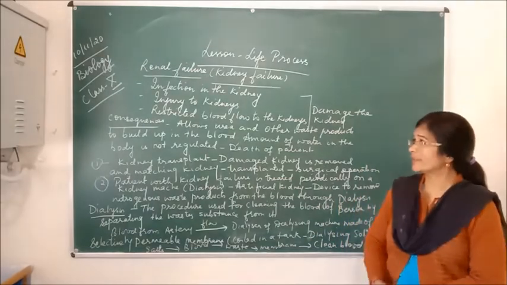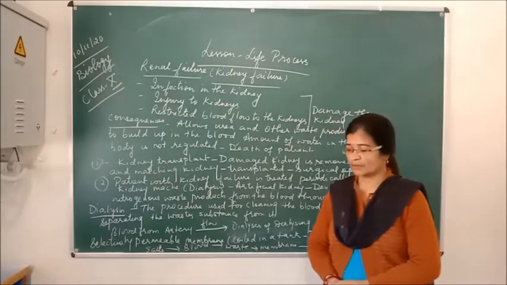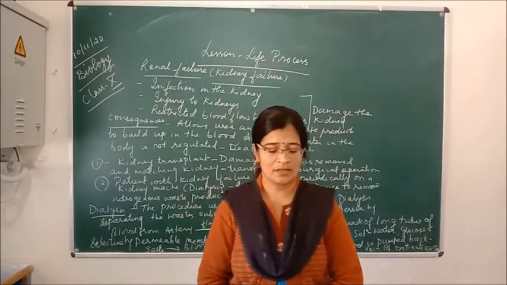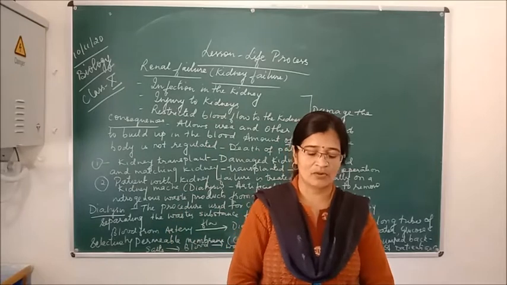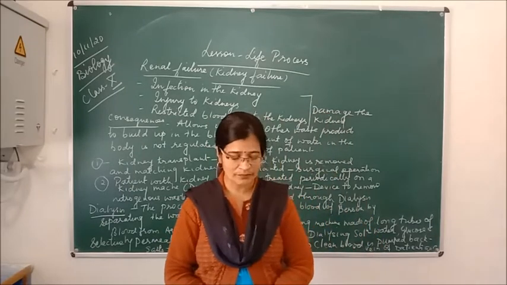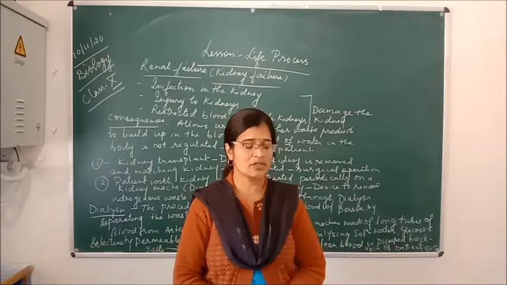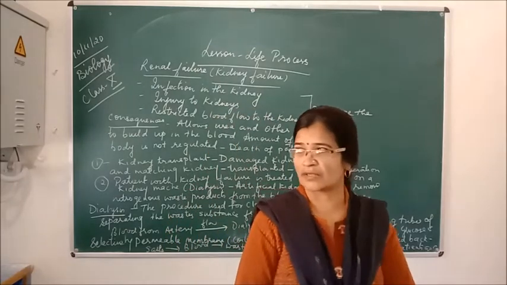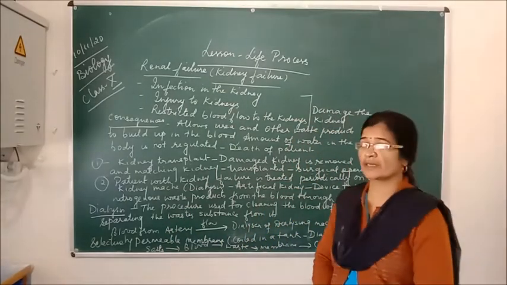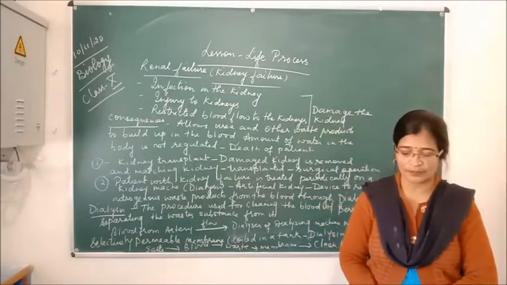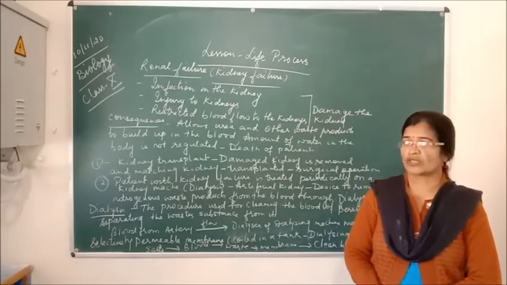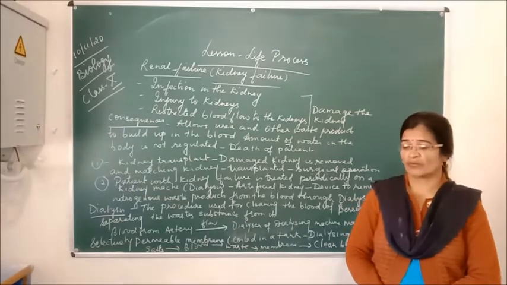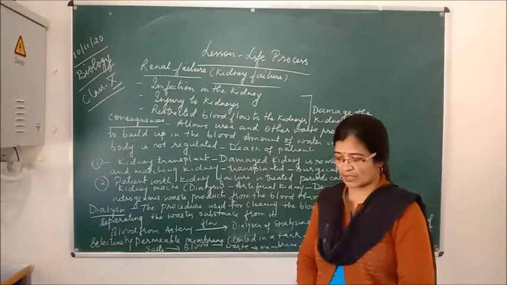We'll study about renal failure or kidney failure. As you have studied about the excretory system in human beings, we have studied about the different organs of excretion in small animals like unicellular animals as well as in multicellular animals. Also, in human beings, we have studied about the structure of the kidney and the whole excretory system and the smallest unit of kidney, which is called the nephron. Now today we'll study what happens when the kidney stops working.